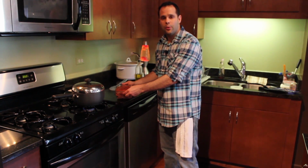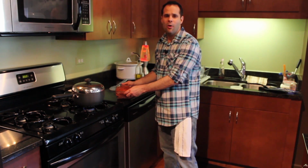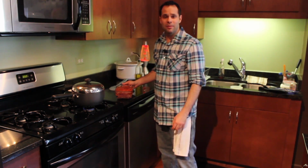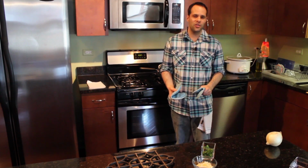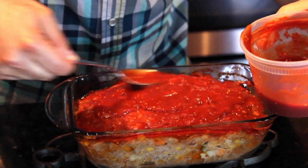I've set the oven to 350 degrees, and we're going to put it in there for just about 30 minutes or so. Then we're going to rebaste it, put the rest of the cheese on, and then cook it for another 15 minutes after that. So it's been about 30 minutes now, and we're going to take the meatloaf out of the oven. We're going to re-sauce it, put some cheese on it and some fresh cilantro, put it back in for about 15 more minutes. So what we're going to do, take some more of that sauce,